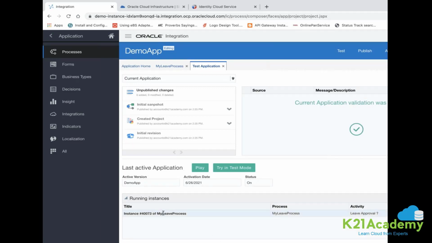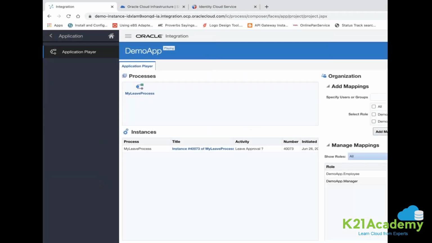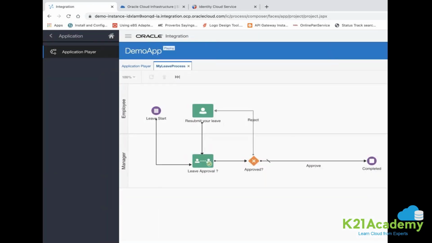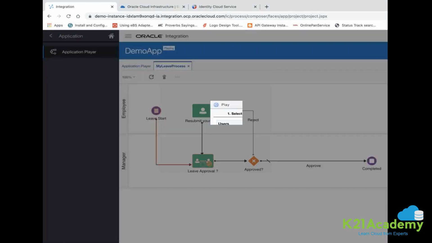Okay, so if I click here, okay, click on this, and again it will take you to the same one. Here you see, right? And now let's again click on this player icon.